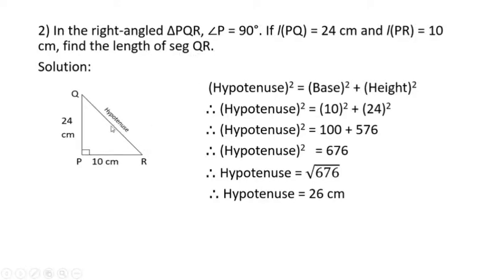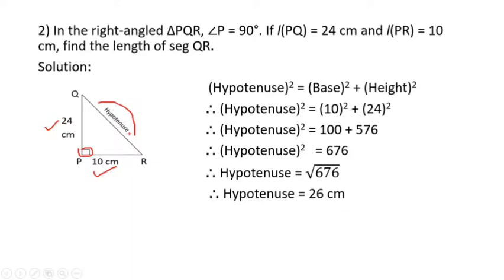We have drawn rough figure to the left side of the screen. The triangle PQR such that angle P is 90 degree. We have given angle P here 90 degree with measurements. Length of PQ is equal to 24 centimeter. PQ is given 24 centimeter and PR is given 10 centimeter, and we are asked to find out segment QR. Now who is segment QR? Segment QR is the hypotenuse of the right angled triangle, triangle PQR.